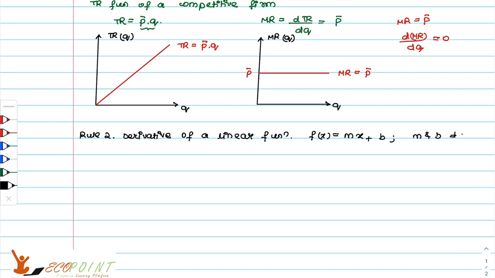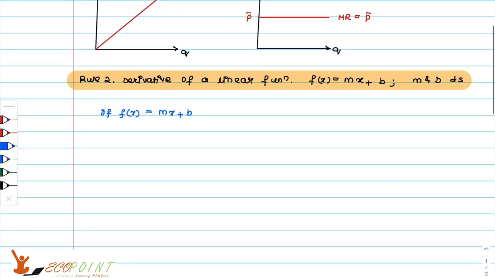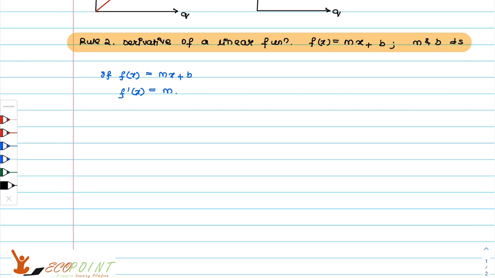M and B are constants. If you have this, then f dash x is equal to m. So if you just write the slope of